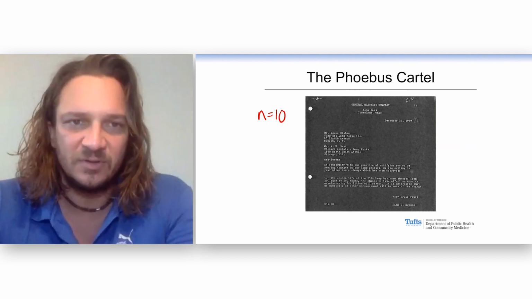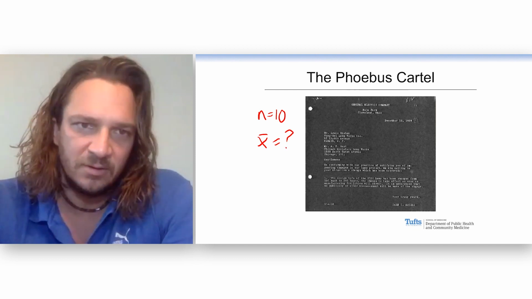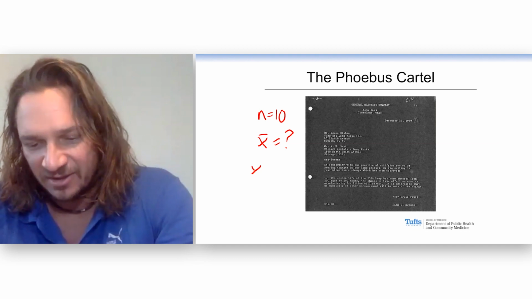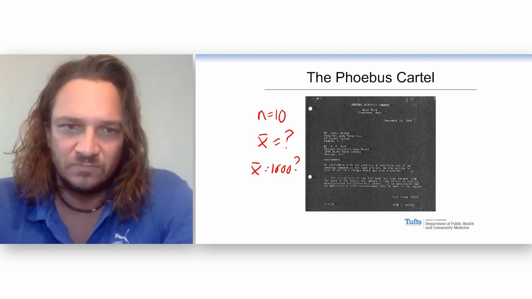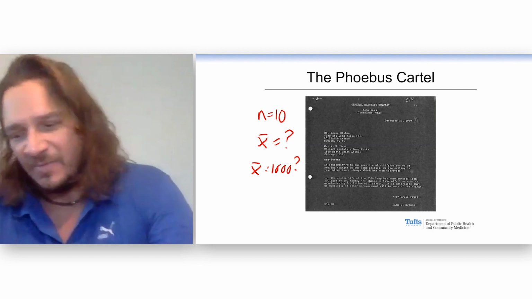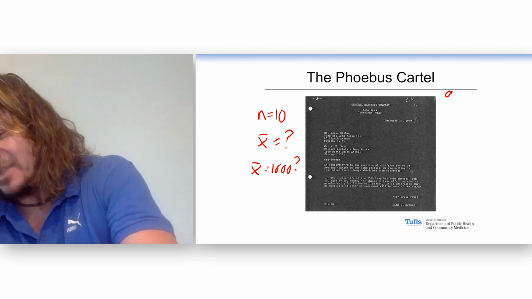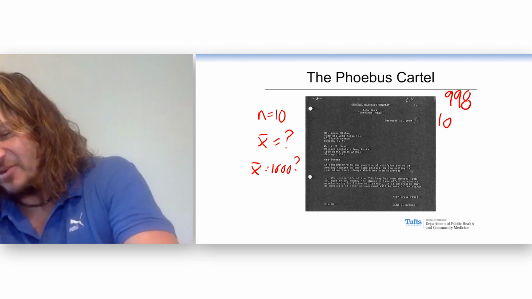But we can think about what would happen if you took a sample of 10 light bulbs. What would you get for the mean? Would you get exactly 1,000? No, that would be a little weird, wouldn't it? You wouldn't get exactly 1,000. Maybe you get one light bulb that lasts 998, one that lasts 1,050,